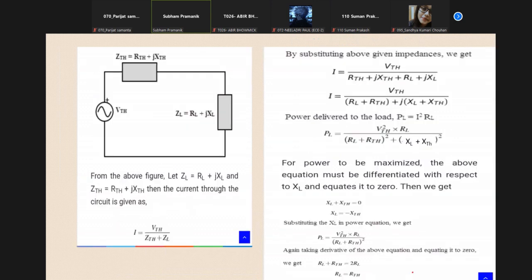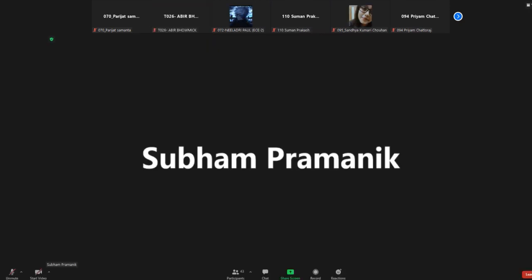That's the proof. You see here the proof is given in terms of ZTH. I mean, it is obviously deviating from the usual symbol. When we consider load, we write ZL, L suffix for load. Similarly, source impedance is normally represented as ZS. Here we used ZTH from an analytical point of view. It is also correct, as I mentioned. But if you have any problem regarding this symbol, then the same proof can also be given in this way.